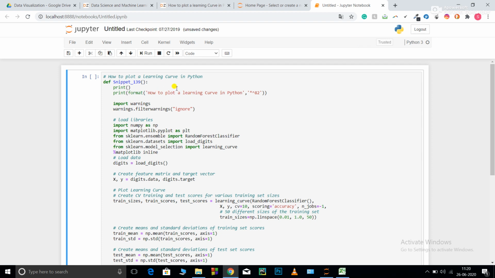Now let's get started. So what is a learning curve and how can you use it? Consider you are training your model. As you increase the size of the data set, the accuracy of the model increases because it can capture more and more variance from your data set. But after a point, for example, initially your data set was 10,000. The accuracy came out to be 70%. Then you increase your data set to 15,000, your accuracy came out to be 80%. Then to 20,000, your accuracy came out to be 90%.